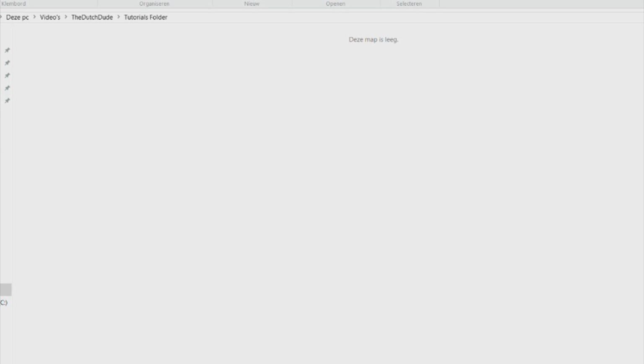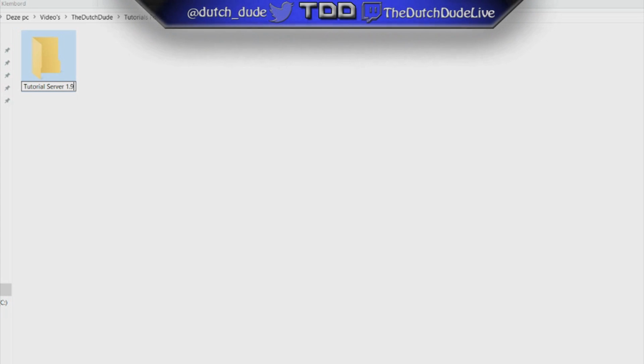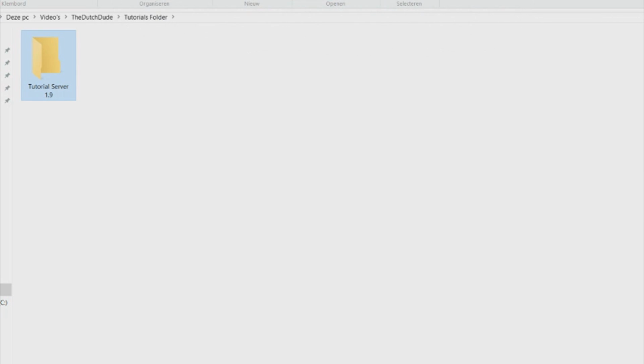First thing you want to do is create a new map and call it whatever you want. I'll just call it tutorial server 1.9 because the server is going to be 1.9. You can make it whatever version you want, just download the correct Spigot version or Bukkit, whatever you want. In the link down below it will be the second link, top link in the description. So head into that link and then you wanna